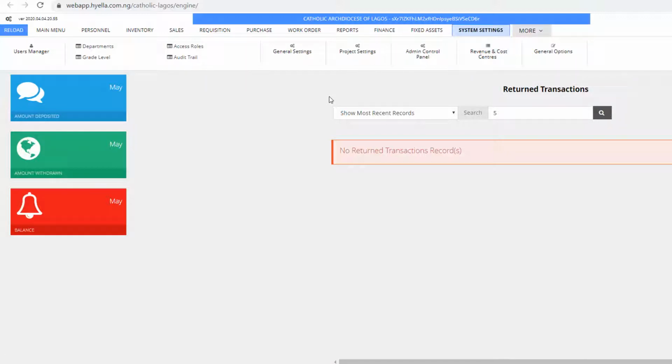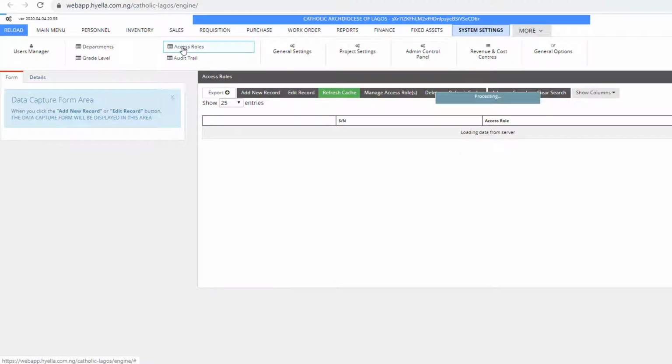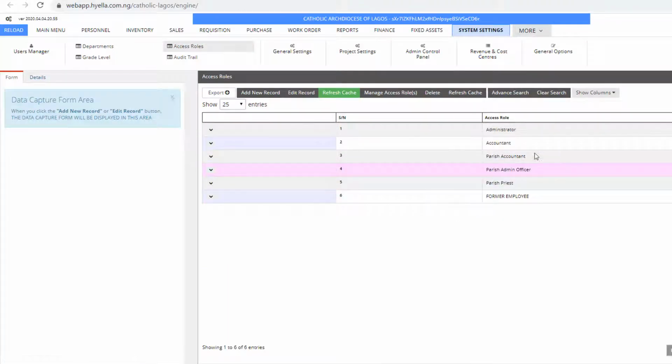While on system settings, what you're actually looking for is the menu called access role, which is right here. So let's click on the access role. So while on the access role, you would be welcomed with a list of all access roles that has been